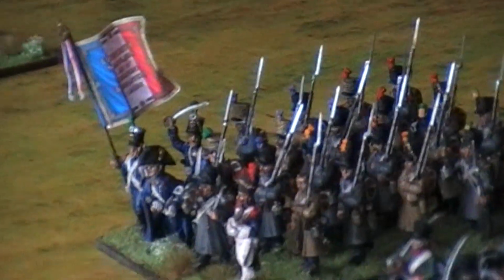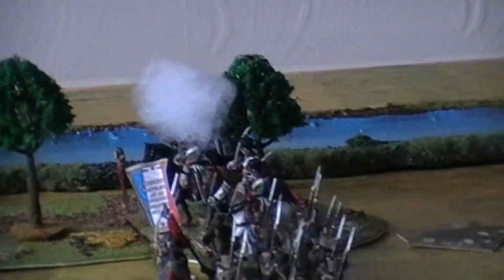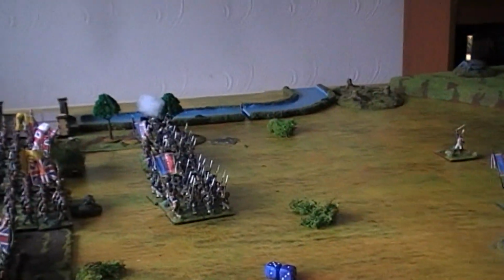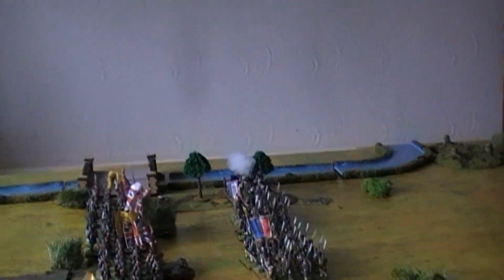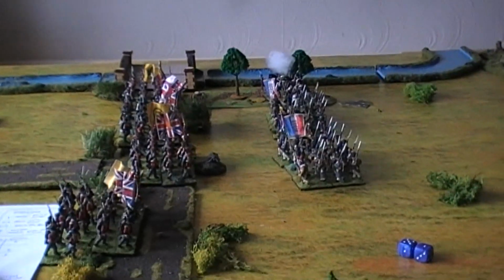And of course the 15th line, who rather miserably failed to move at all and stayed put right when they were kind of needed to push forward into the attack. And the brigade commander moved forward. He was kind of hoping to move a little bit closer to the chasseurs de cheval to try and give them an inspiring speech to get them back into some sort of order. But they have taken a pretty nasty raking, and it wouldn't surprise me if these guys might have to start retreating rather than try and engage. So that is the end at the end of